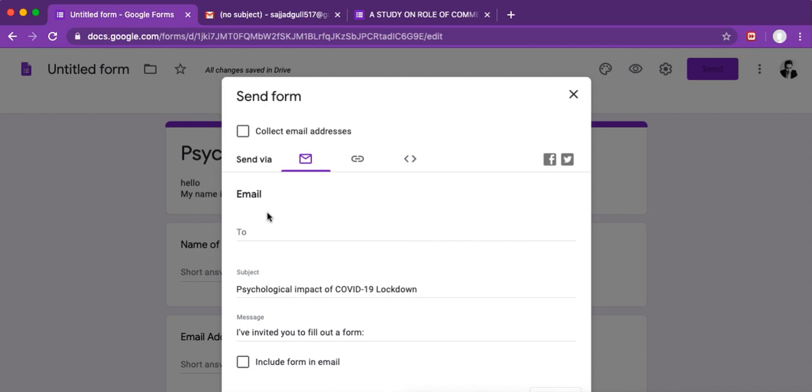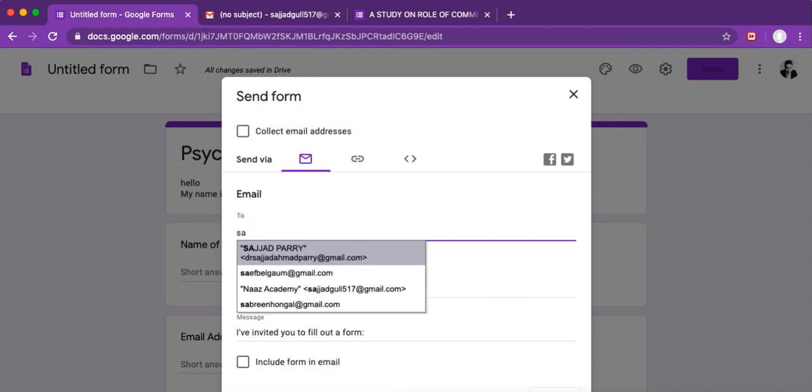Now you have to write the email also. In the email you can write down the body of the email: hi, hello, my name is this, I am doing this degree, I am doing a project on this title under XYZ guidance from this college, and all that you are going to write down here. Here I am going to add one mail ID to whom I want to send it. Let me send it to myself.